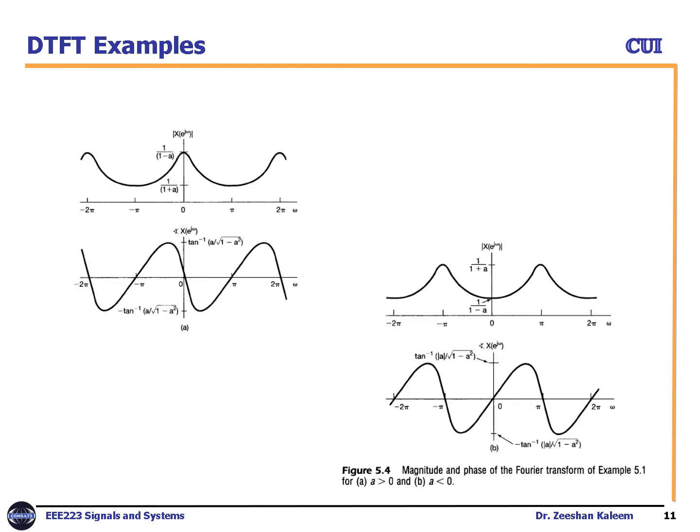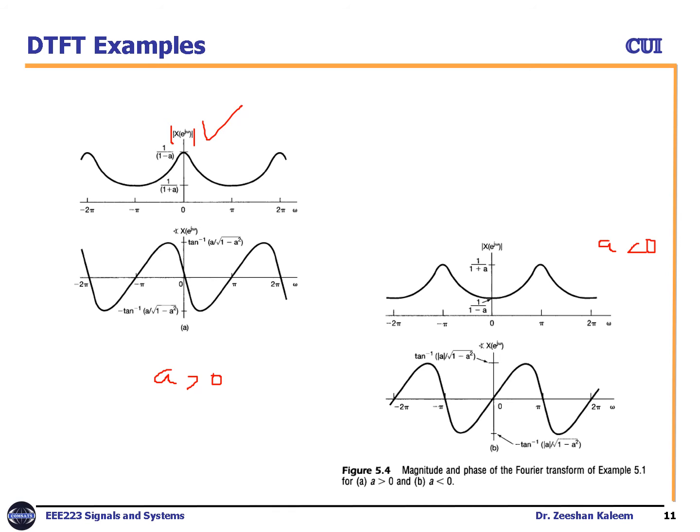Okay, this is figure 5.4a for the case when a is greater than 0, and this is for the case a less than 0. So we plot the magnitude and phase as well. You can see that this is the magnitude plot of X(e^jω), and these bars mean magnitude. By taking the magnitude, you can see that